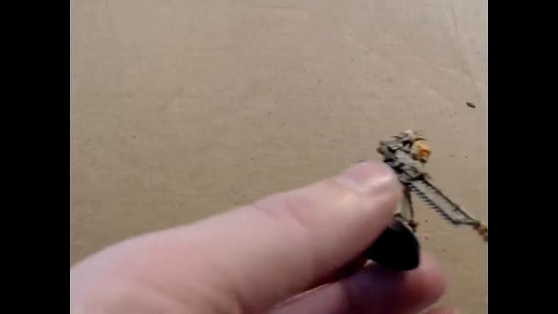Alright, time for some details. Pure black 09037. Well, first off, I've buried my workspace in brushes for the highlighter that I forgot to put away before I hit play or record. So first off, just gonna do some random scribbles on the purity seal there, and